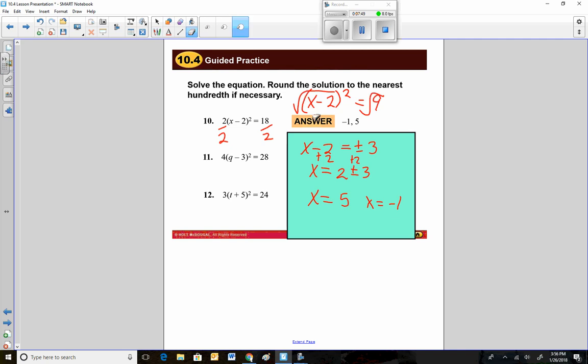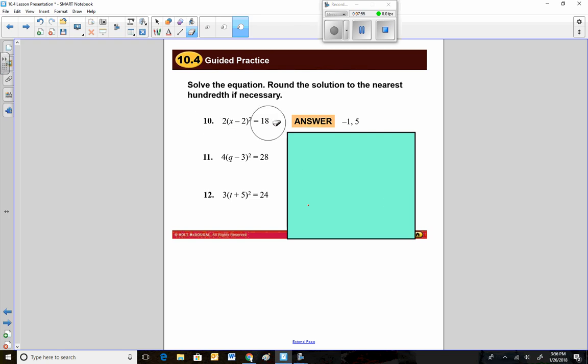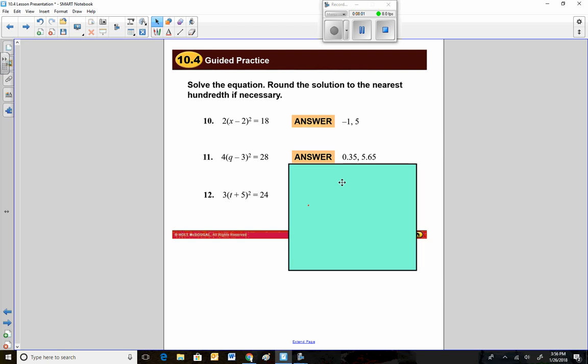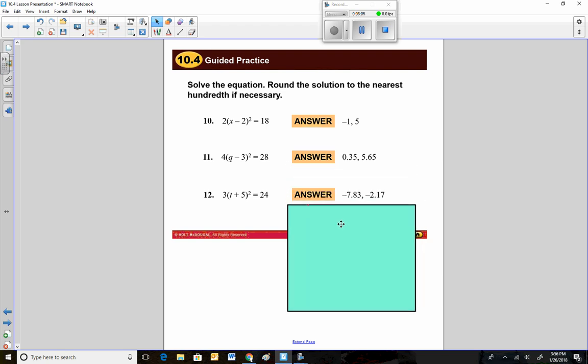Now, I'm not going to walk you through the rest of them because you should be able to do those. If you need to pause your video and give it a try after seeing how to work that one, you're more than welcome to. All right, let's take a look at the other answers. You should have been able to get 0.35 and 5.65 approximately. And then t was -7.83 and